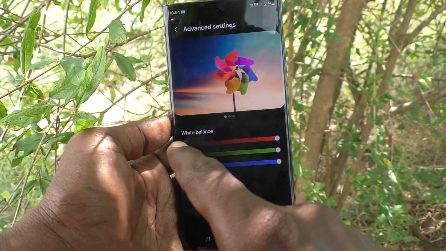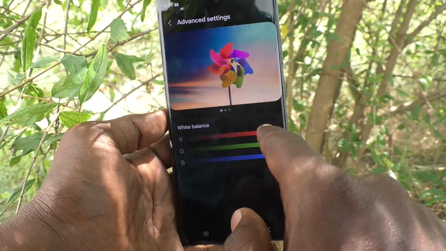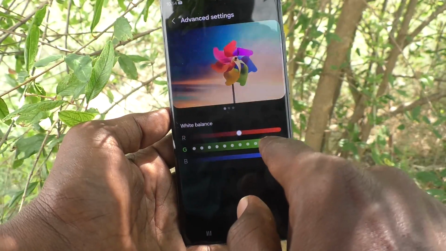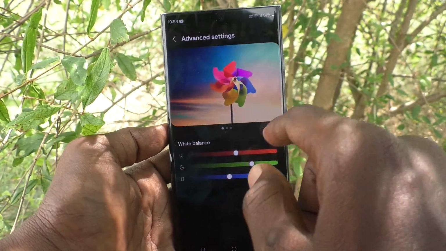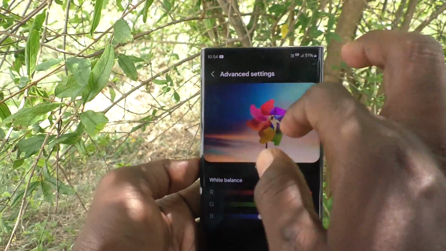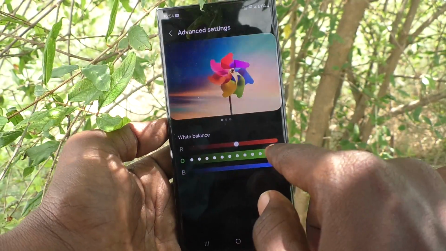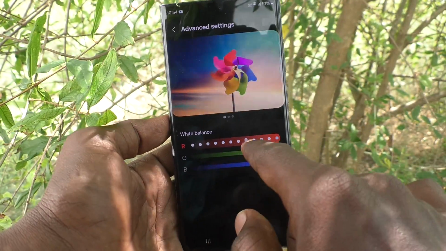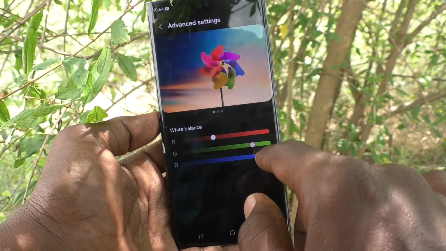Okay, click on advanced settings. Here you can adjust white balance, red, green and blue. If you adjust red, green, blue as per your wish, according to this level, screen colors will be like this. Okay, so in this way also you can change white balance, adjust white balance on our phone Samsung Galaxy S23